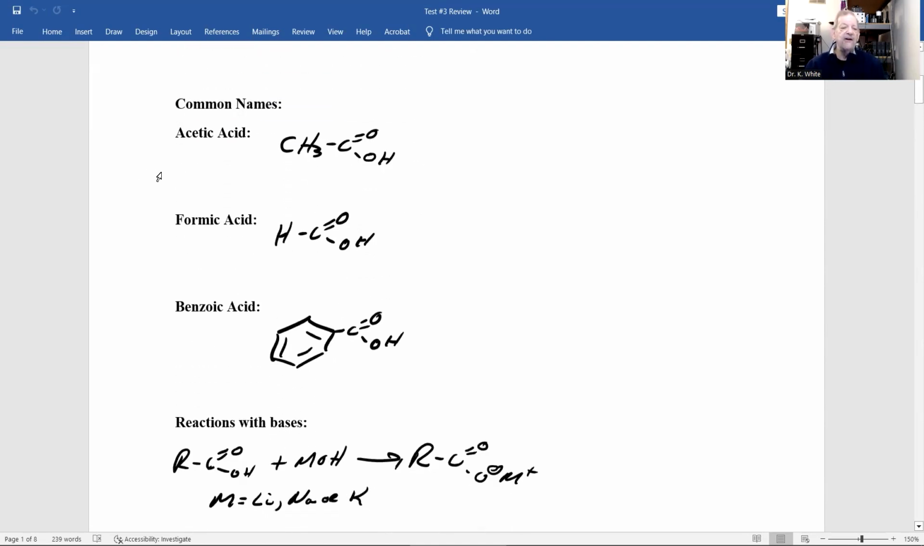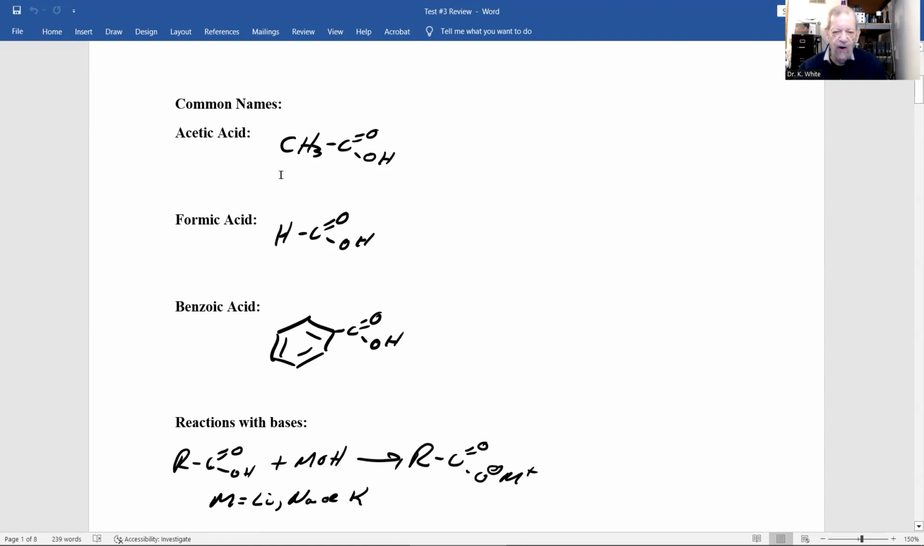Now, there are some common names you should know. And common names, I will never ask you what is the common name, but I will give you the common name and ask you to draw it. And there are 3 I'd like you to know. One is when R is a methyl group, that's acetic acid. And you should remember that